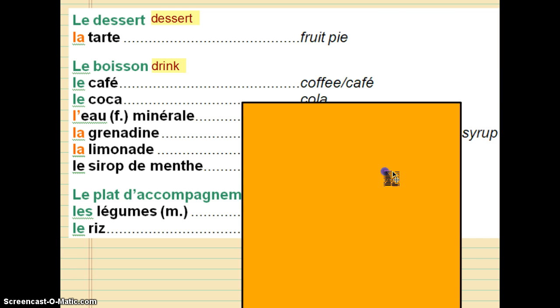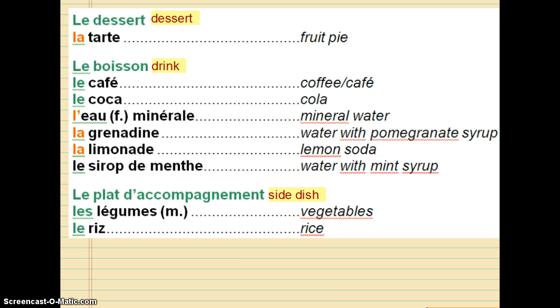Don't forget you also know la glace, which is ice cream, and you know chocolat, which is chocolate. So you know a few other desserts, but we're not necessarily listing them here today because they're not new. Le boisson is a drink. So les boissons, the drinks that we have listed here, include le café, which we learned in the last section,